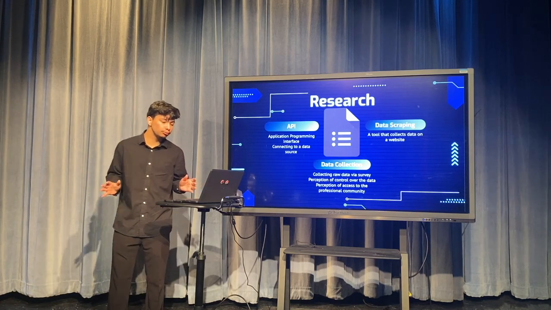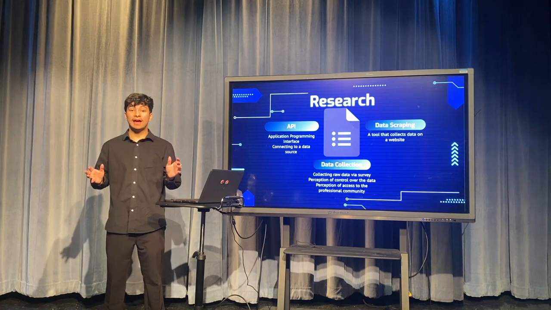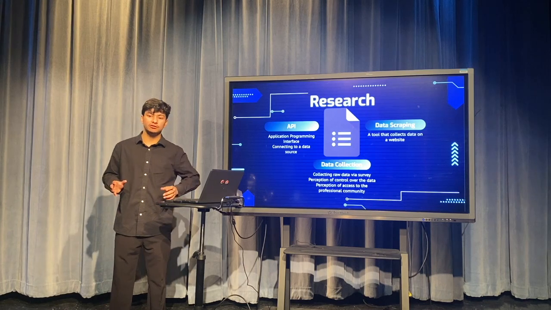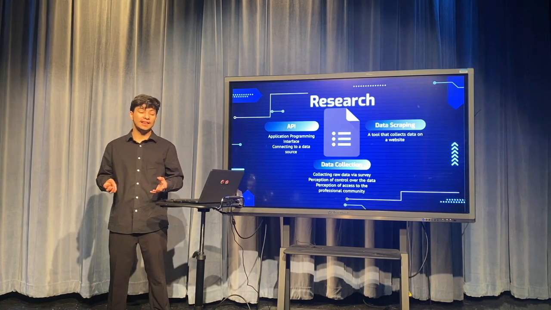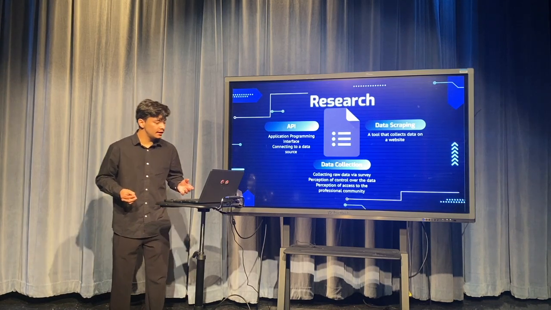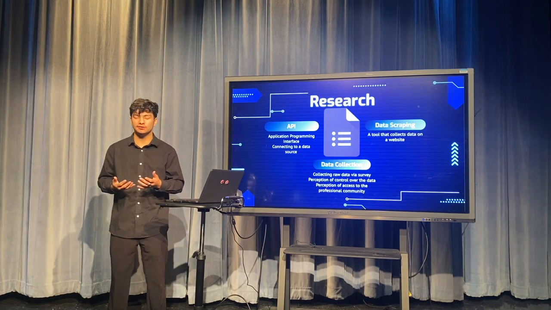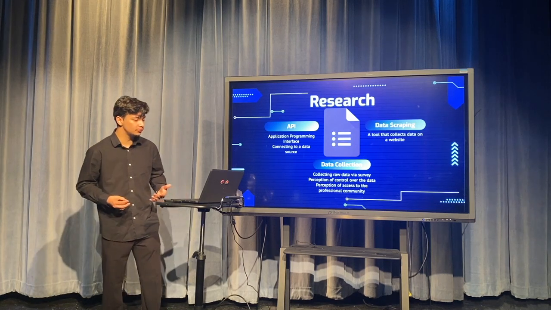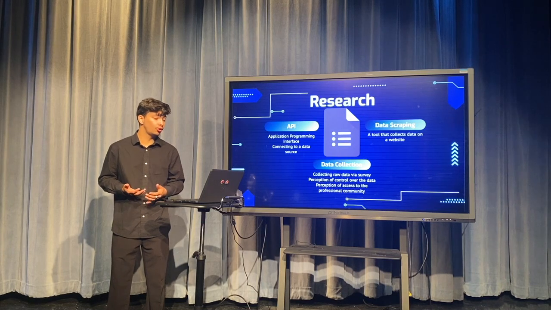There were a couple problems though. Using an API required a network that is not a school network. The school network had a lot of limitations and did not accomplish the needs that I had. And I also had the perception that there weren't a lot of databases that would help me for this project. So a lot of data wasn't relevant, and the school network was holding me back a lot.